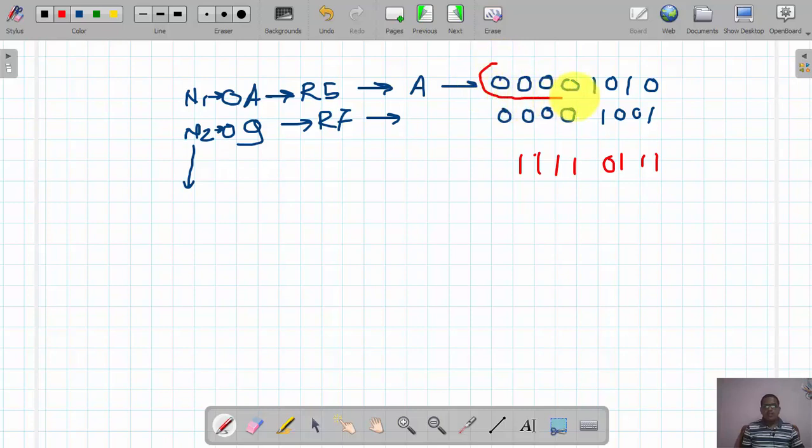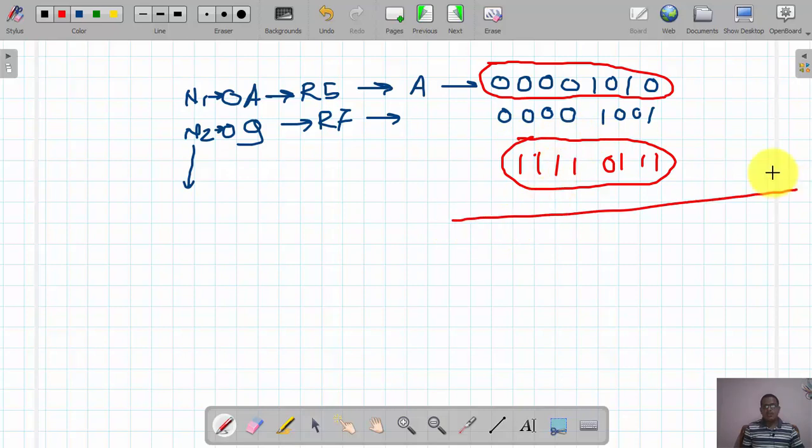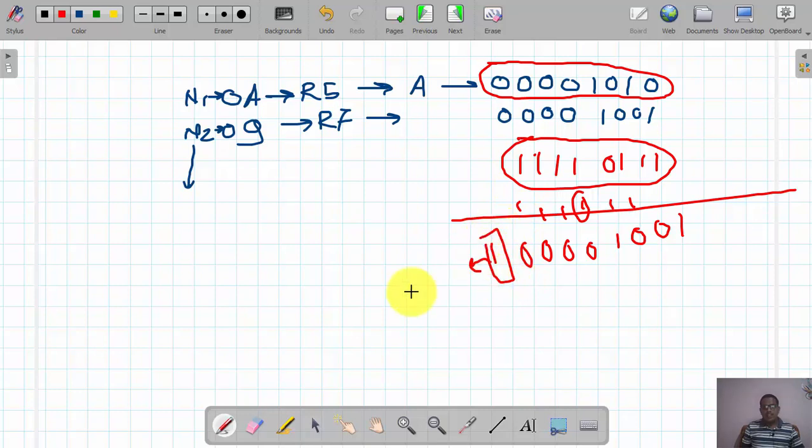And now the first number and the 2's complement of the second number are added together. So what result are we getting? 0 plus 1, 1; 1 plus 1, 0, carry 1; 1 plus 1, 0, carry 1; and so on, with a carry generated at each step. As the final carry is generated, it is inverted by the CPU, so it is 0. 0 means my number is a positive number, right?